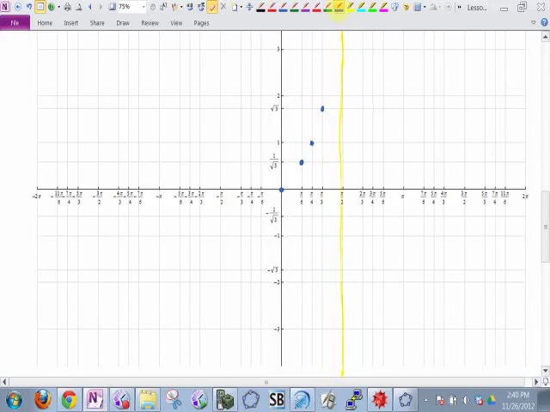What is the tangent of 2 pi thirds? Negative radical 3. What is the tangent of 3 pi fourths? Negative 1. Tangent of 5 pi sixths, negative 1 over radical 3. And then we have another vertical asymptote at 3 pi halves. And so what you get